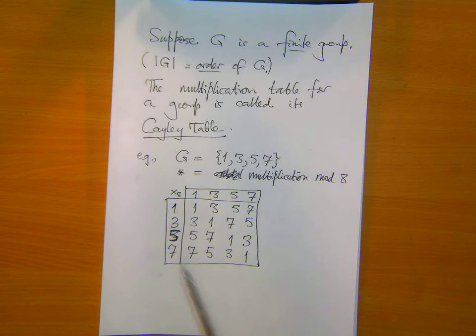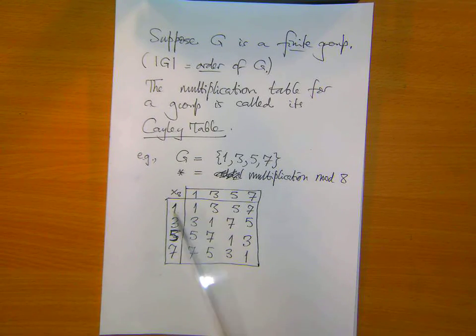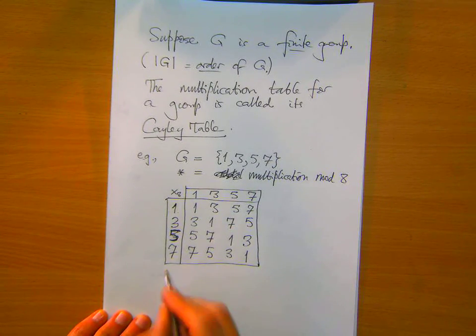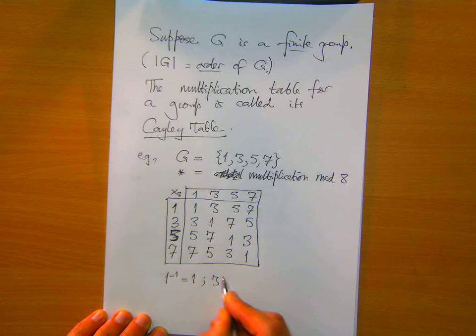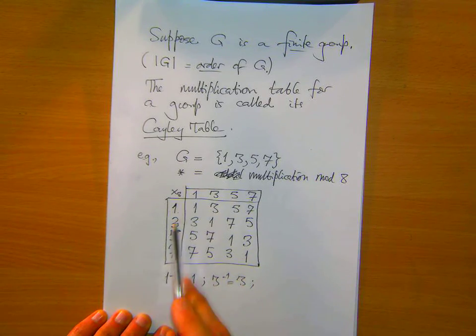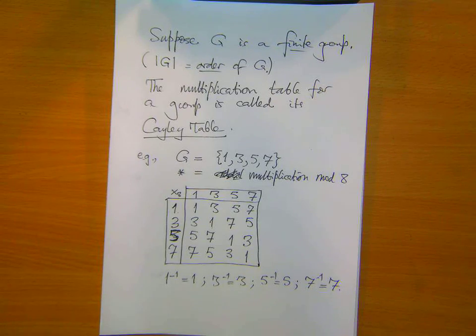So we've got a binary operation on a set of 4 elements. The identity element is 1. This is associative, because multiplication modulo 8 is associative. And every element has an inverse. In fact, the inverse of every element is equal to itself. So how do I know that? What's the inverse of 3? Well, it's the number I have to multiply 3 by to get 1, which happens to be 3 again. So in this group of order 4, every element is equal to its own inverse, which of course doesn't happen in every group, but it happens